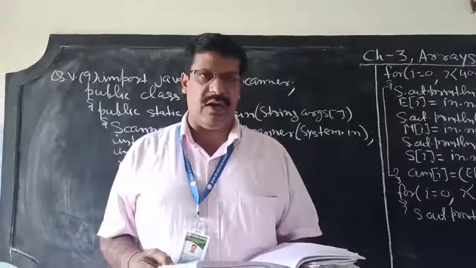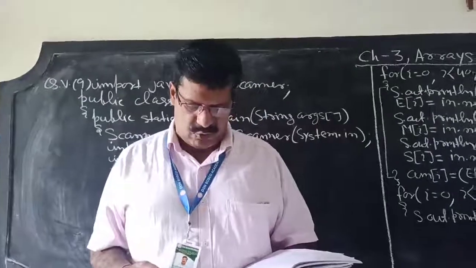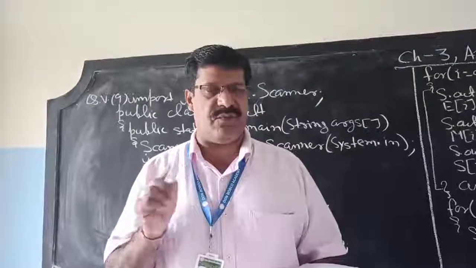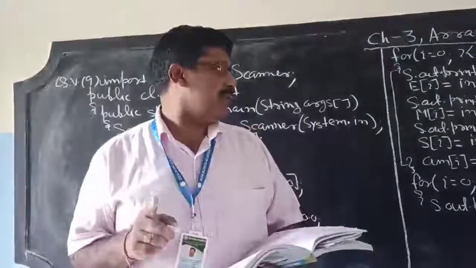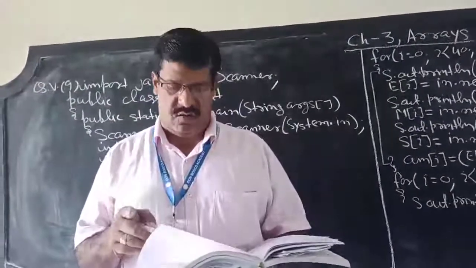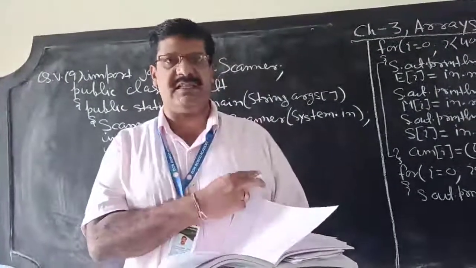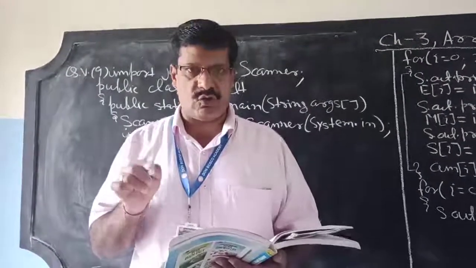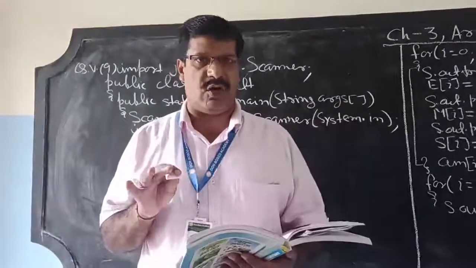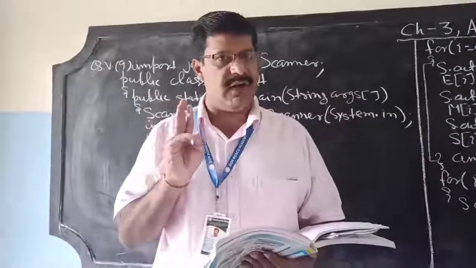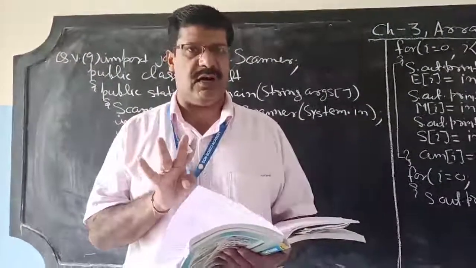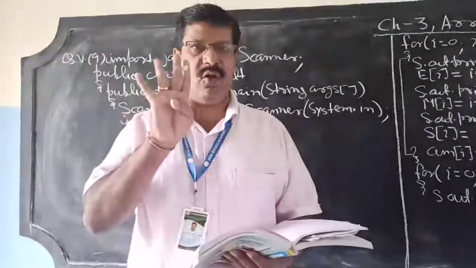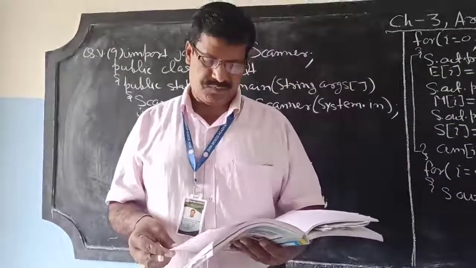Calculate and print the following information. Average marks secured by each student. Now listen carefully. We have to calculate the average marks for each student. So average marks will be the total marks of English plus Maths plus Science divided by 3. So we have to create one more array to store all the average marks of 40 students. In the question it is given only to create 3 arrays, but actually we will create the 4th array also to store the average marks of all the students of the class. So total there will be how many arrays? 4 arrays will be there.